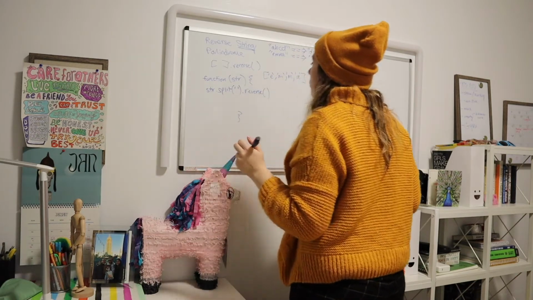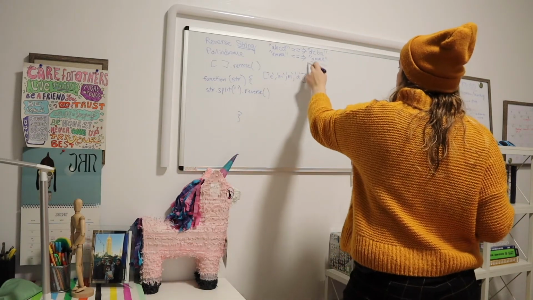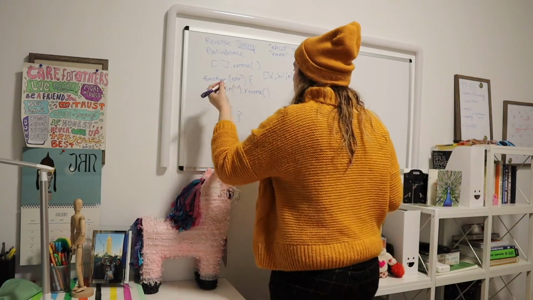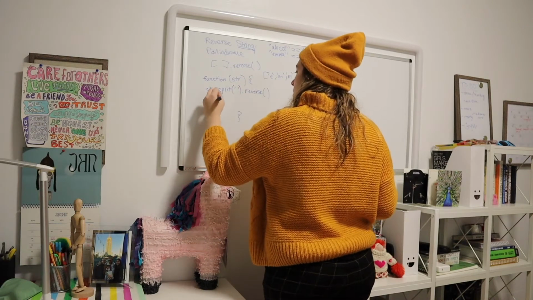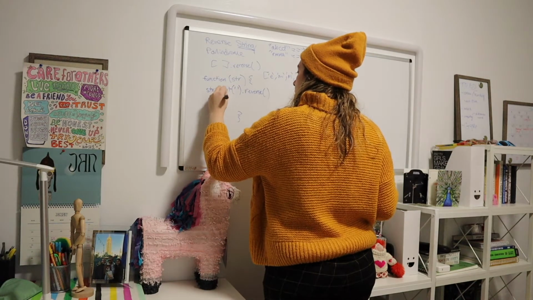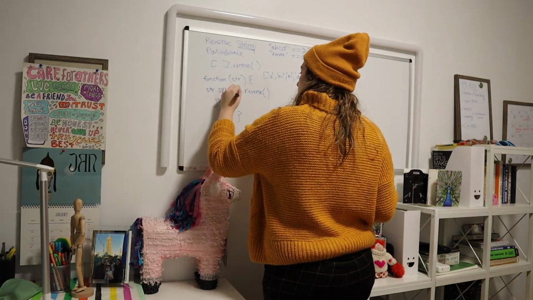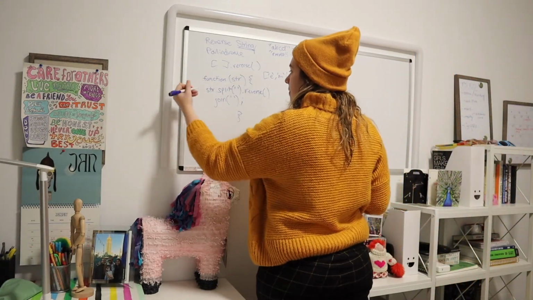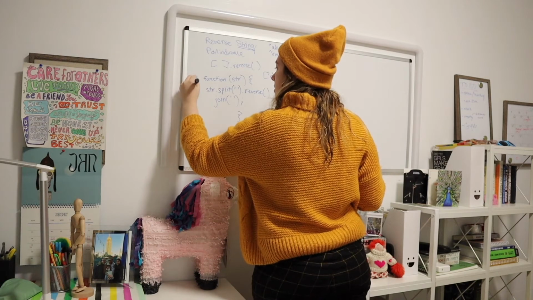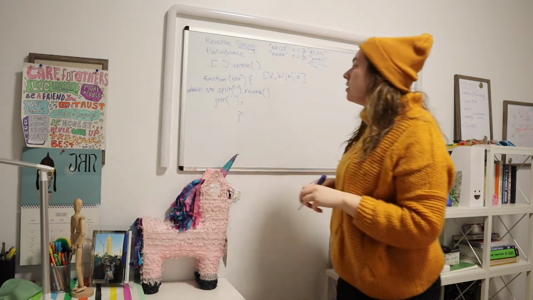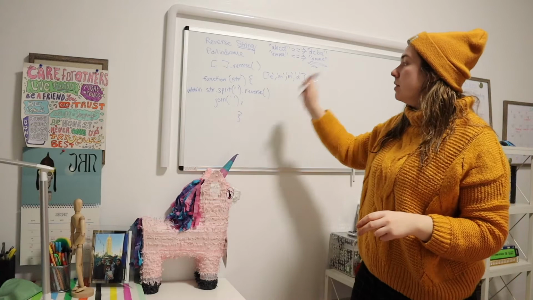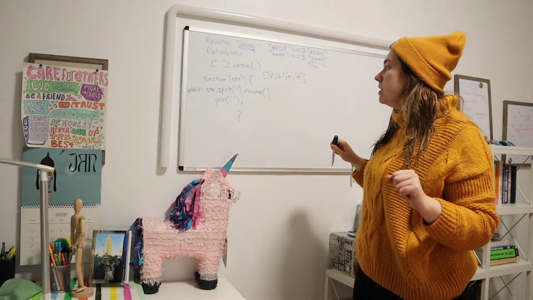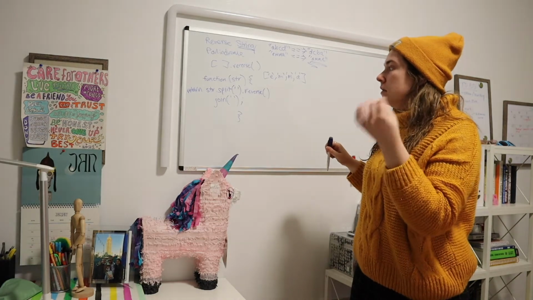But remember, we are returning the string reversed, not an array of the letters reversed. So we are going to then make it back into a string, so dot join. And the important thing now is nothing's going to happen unless we make it a return statement. So return string dot split dot reverse dot join. Great. So that is my first gut solution.